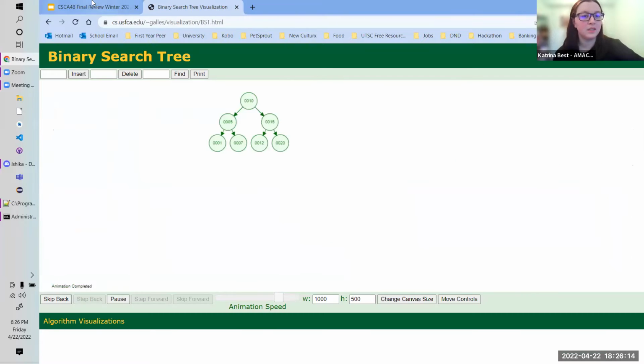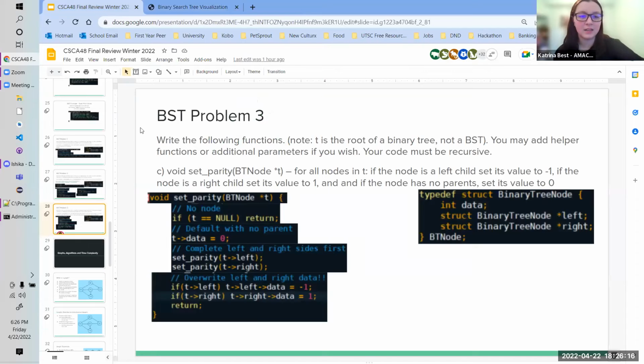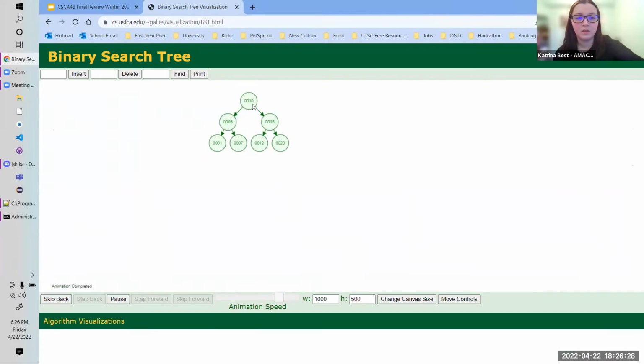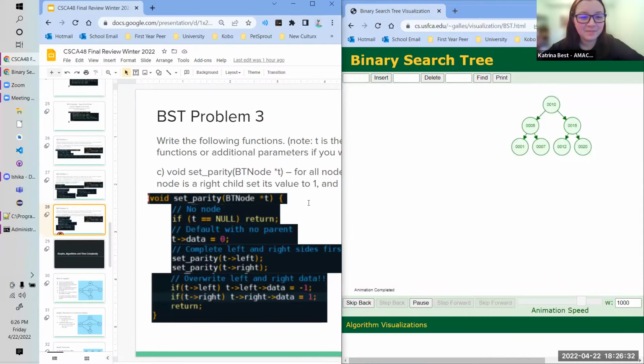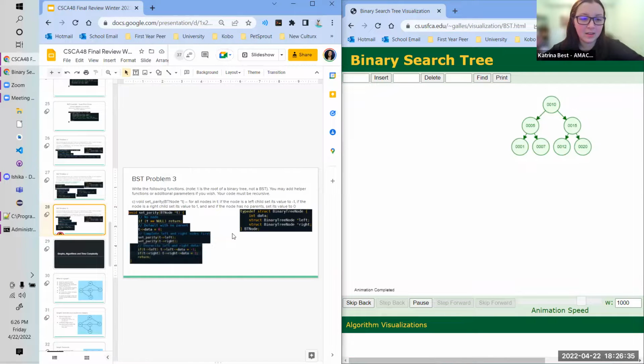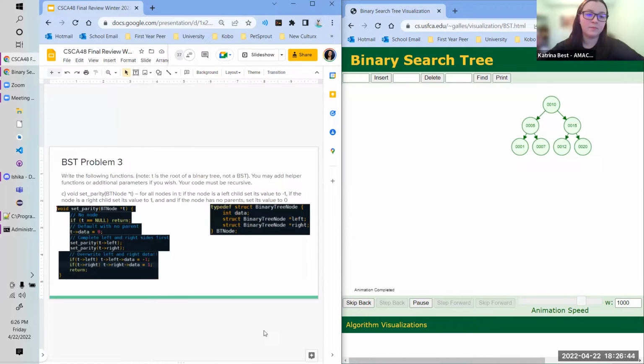Actually, this is a BST, but technically this question is asking for BTs, so we're going to have to go through the entire list anyway. So let's start at the top. Let's say we're setting the parity. I can't zoom. Is there a way to close this? Yeah, okay. So let's say we're going to set